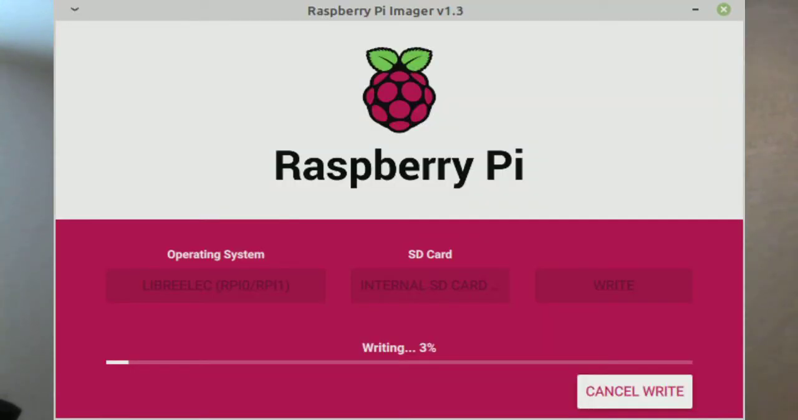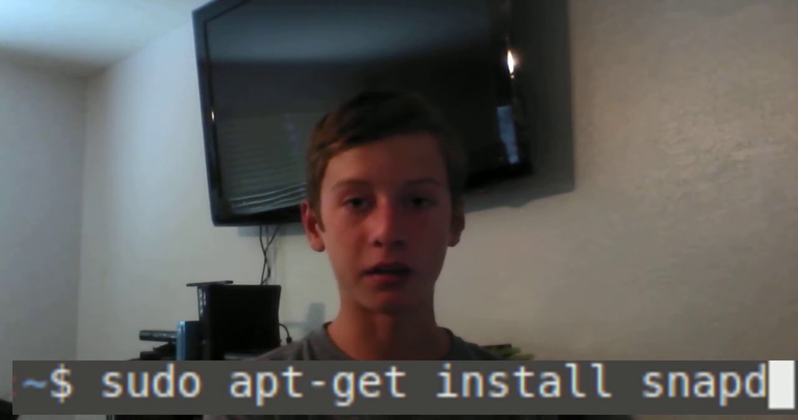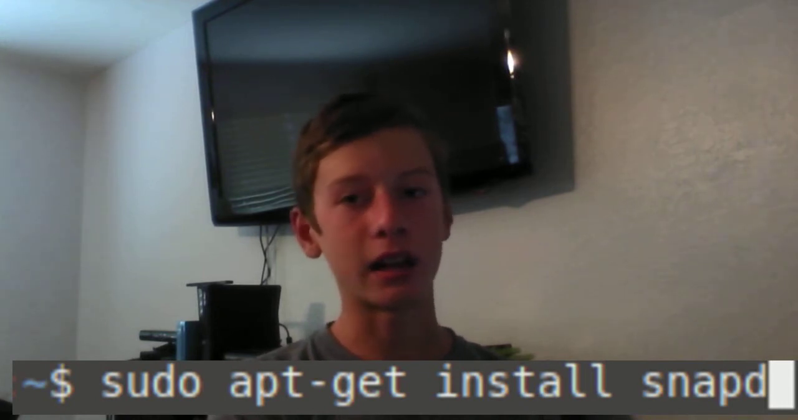Okay, so you're going to need to install a software called Raspberry Pi Imager. At least that's what we're doing for this method. Obviously, there are other methods of doing this. It should just be in the software manager, the Synaptic Package Manager, of your Linux distribution. If you can't find it there, you're going to have to install the Snap Store, which you can do by typing sudo apt-get install snapd, and then